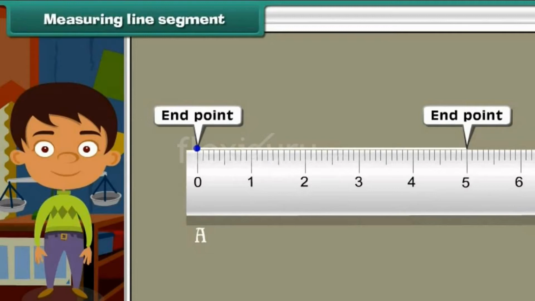So, what is the measurement of this line segment? Here, I used a ruler to measure it. It is a ruler. Where is the first endpoint? The 0 should coincide with the first endpoint. And where will the other endpoint be? The other endpoint coincides with a point mark on the ruler. That is the length of the line segment. So this line segment length is 5 centimeter.